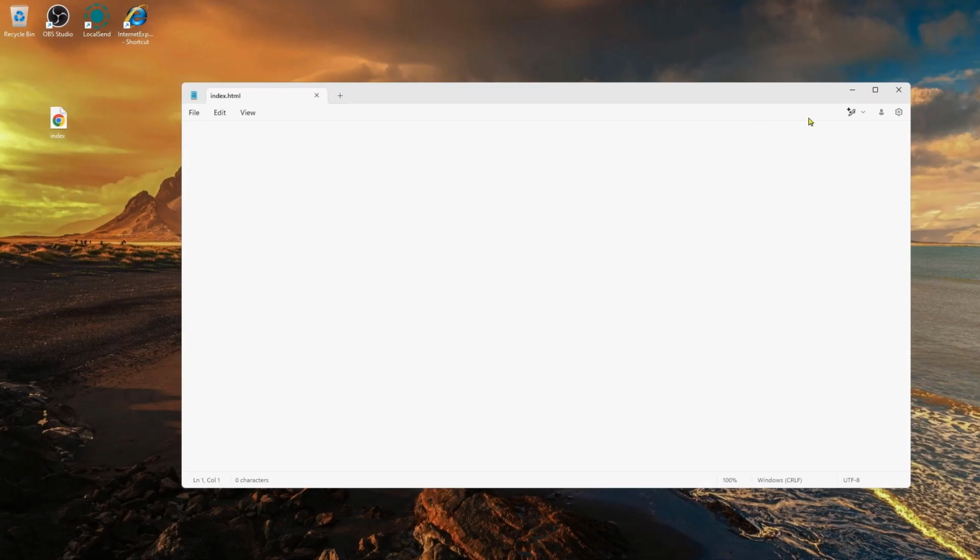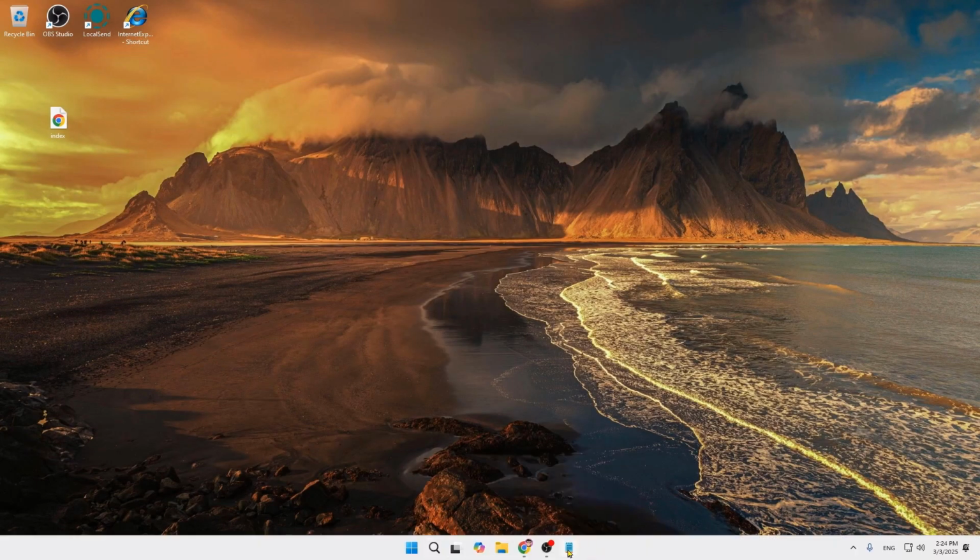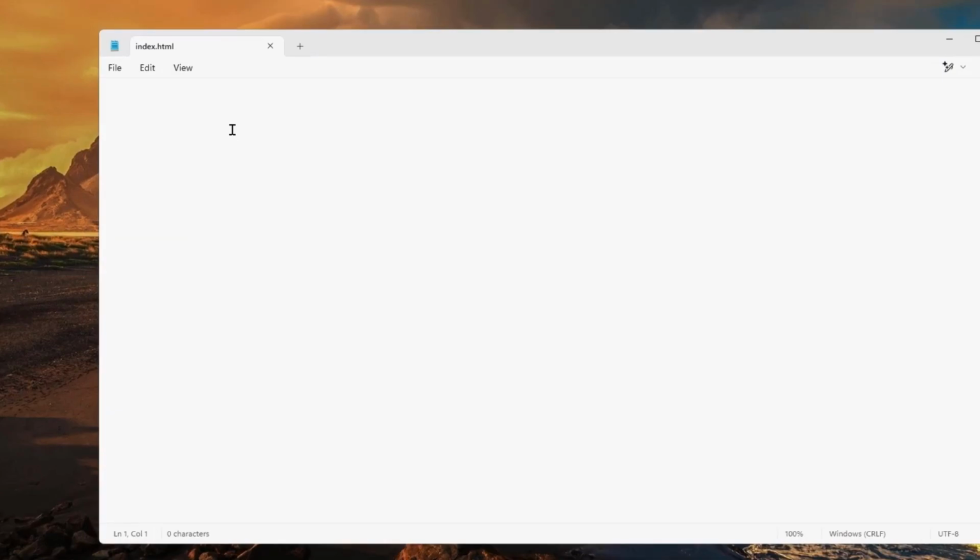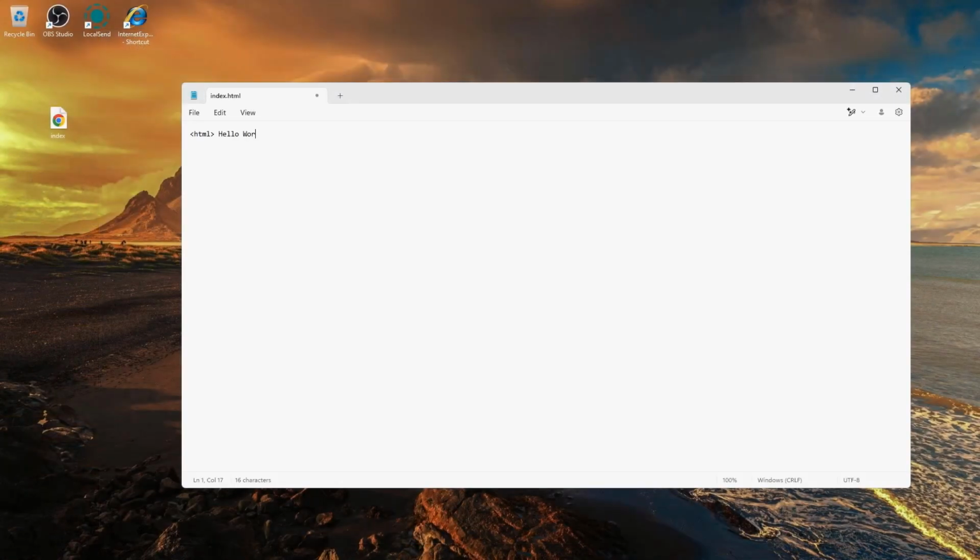So if you now click on it to open it, as you can see, your index.html file has been opened in your computer. So after creating the index file over here, now if we type a hello world program in HTML, we just type HTML, and now if we type hello world, and then close the HTML tag over here like this,